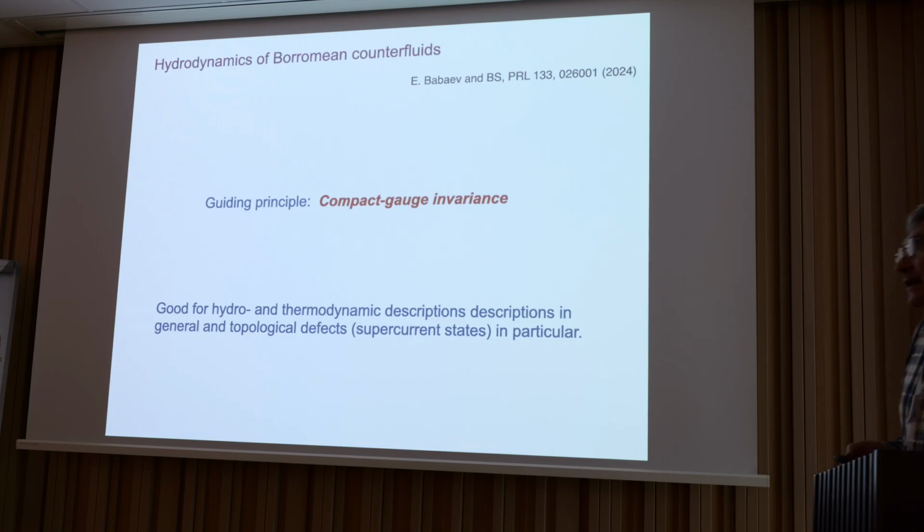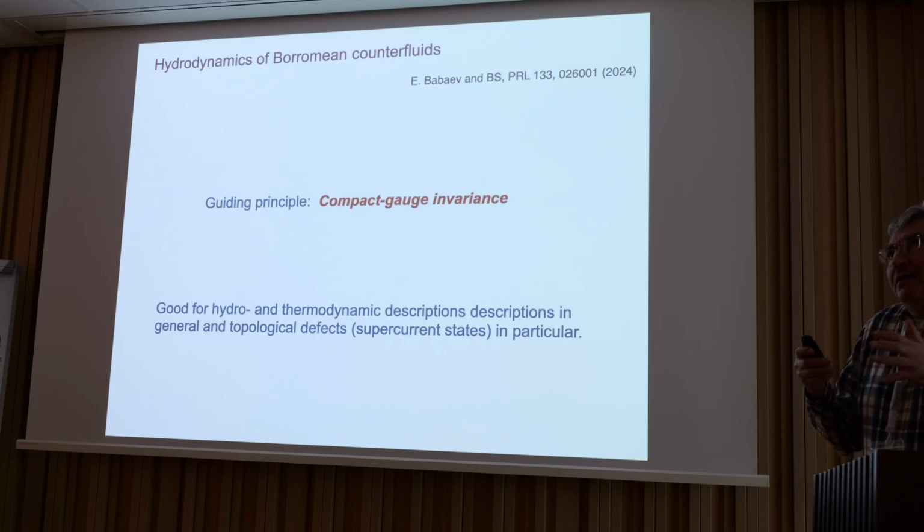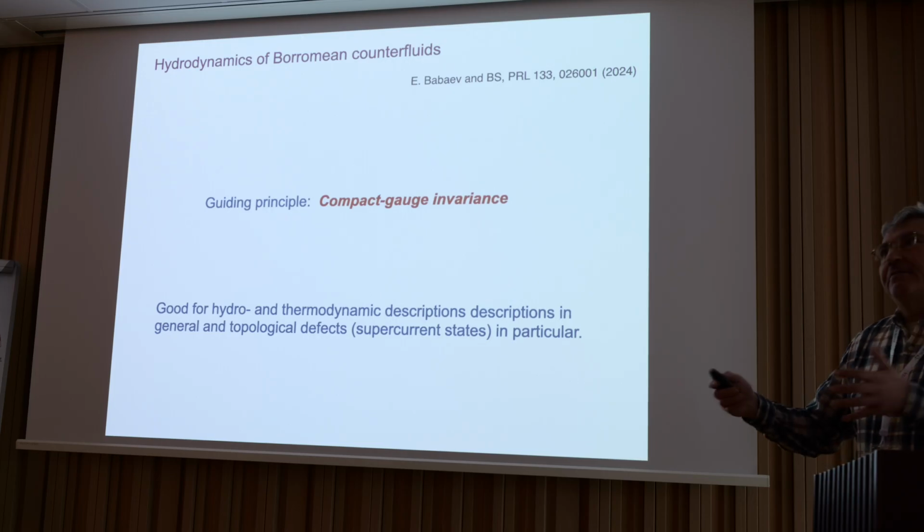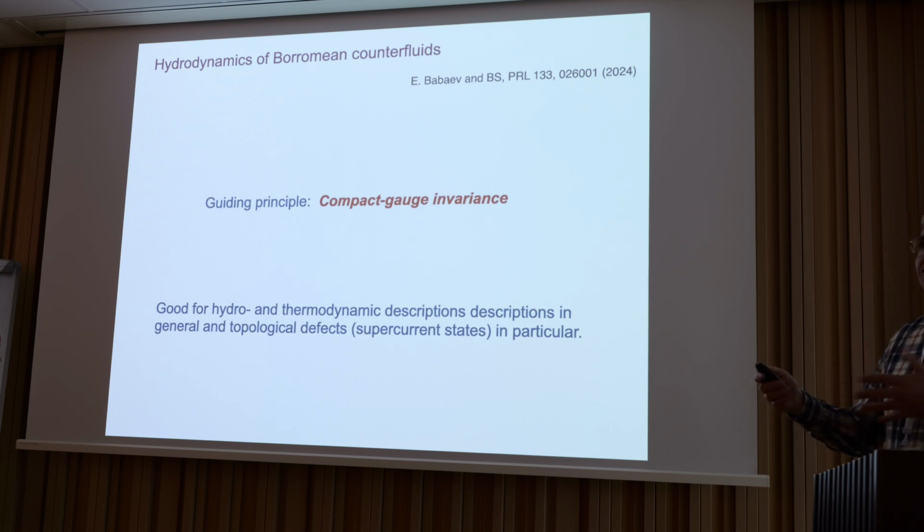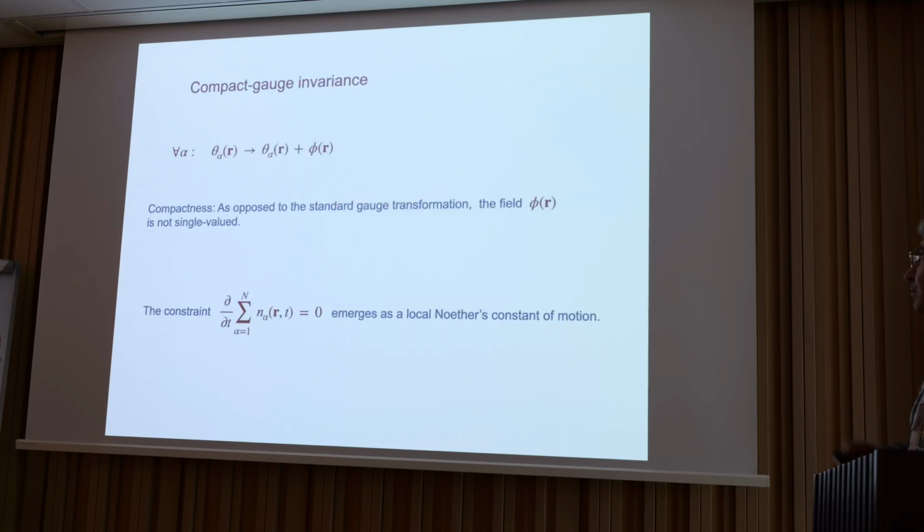It might seem like an oxymoron when you have a translationally invariant Hamiltonian which somehow arrests the motion. It appears naively that it's just absolutely impossible to arrest the net motion if the system is translationally invariant. So, turns out there is a way out, which is compact gauge invariance, which I want to describe.